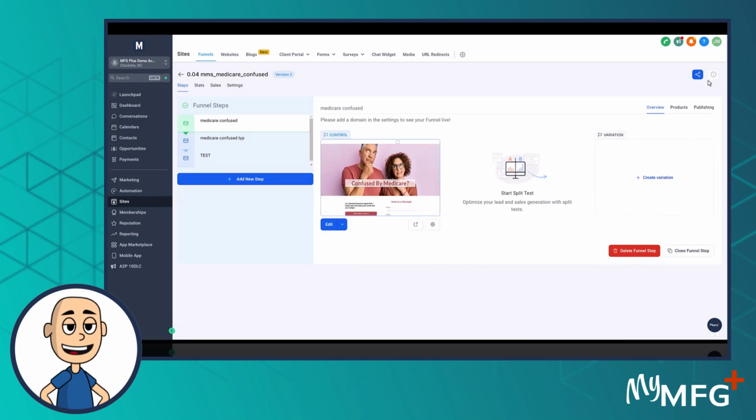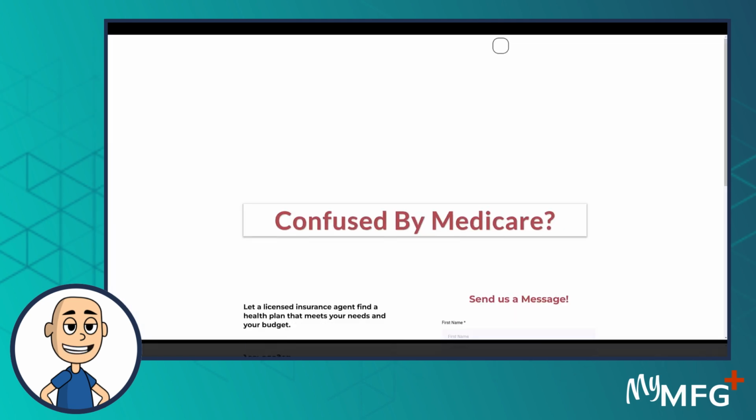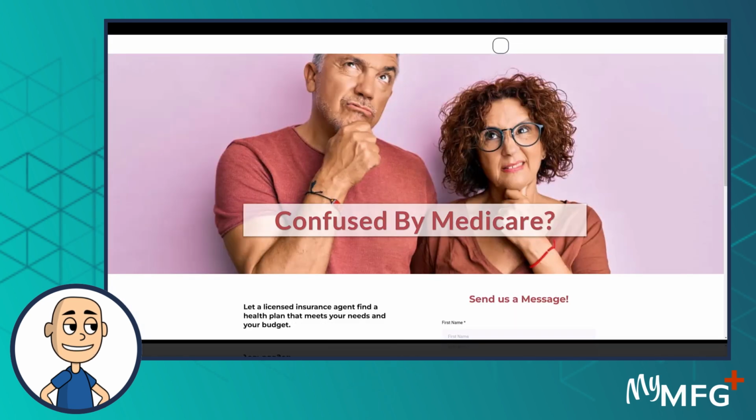Now, you could just preview this and use this app.besserfinancial slash v2 preview ad7 whatever, right? You could use that and it will work. However, it's not very pretty and it's probably not the best option. So what we're going to do is attach this website or this funnel page to an actual